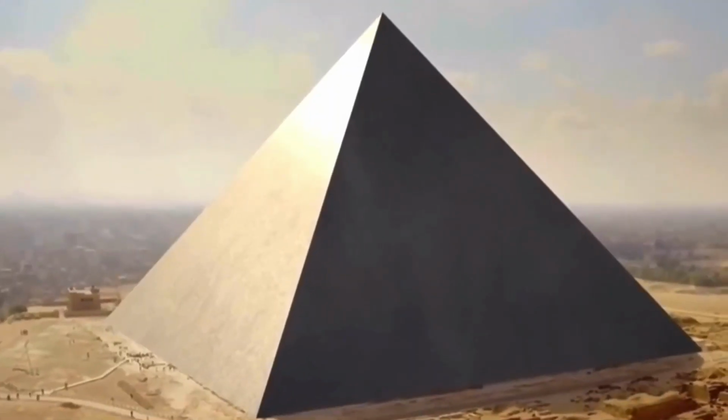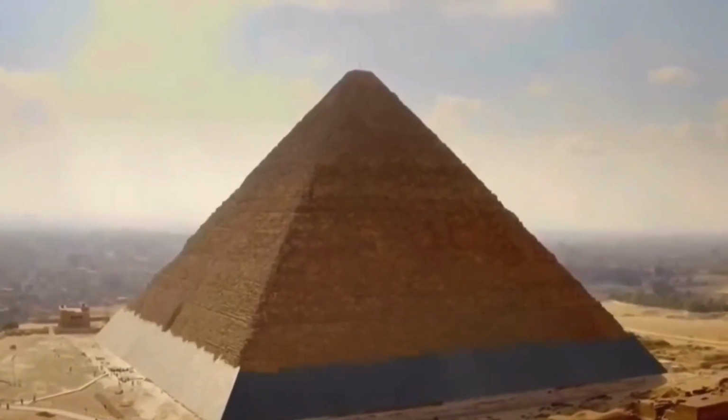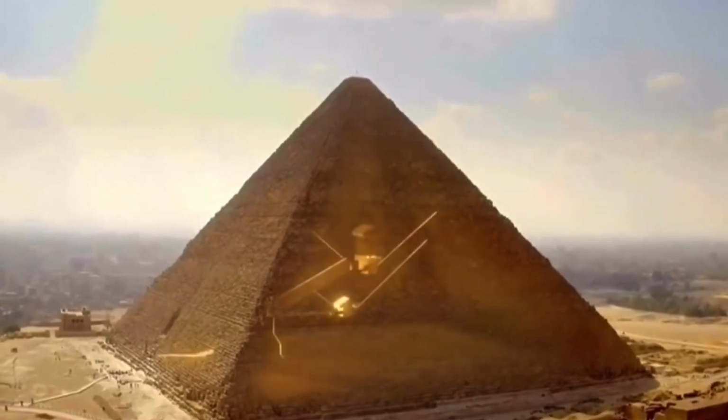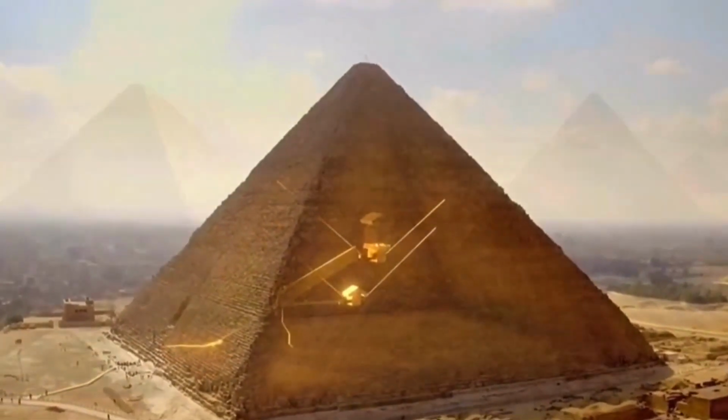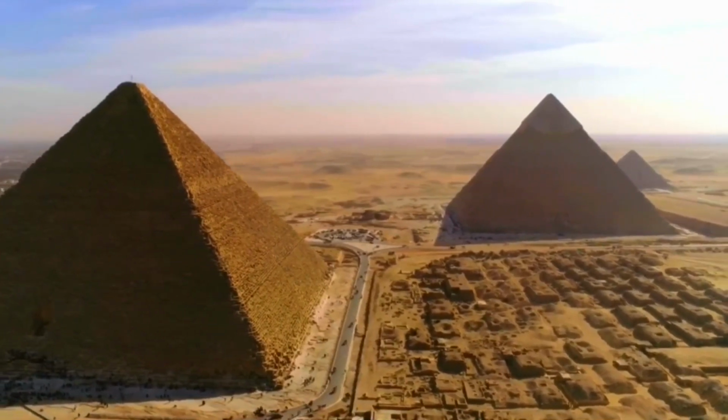Because of the numerous issues with the accepted theory and the fact that the theory itself cannot be proven, many speculate that whoever constructed the Great Pyramid did so with advanced technology. And this is where things start to become controversial, because according to engineers, architects, stonemasons, and just about every other